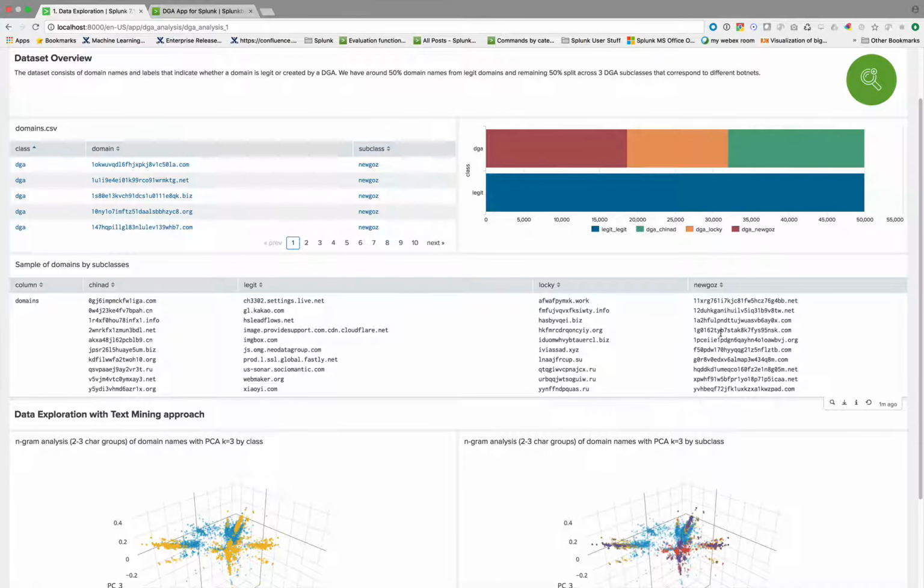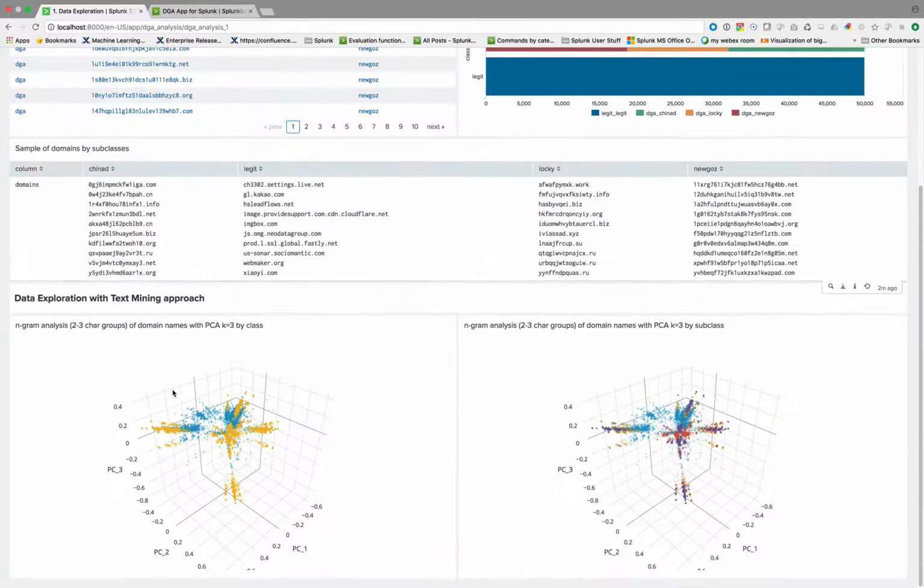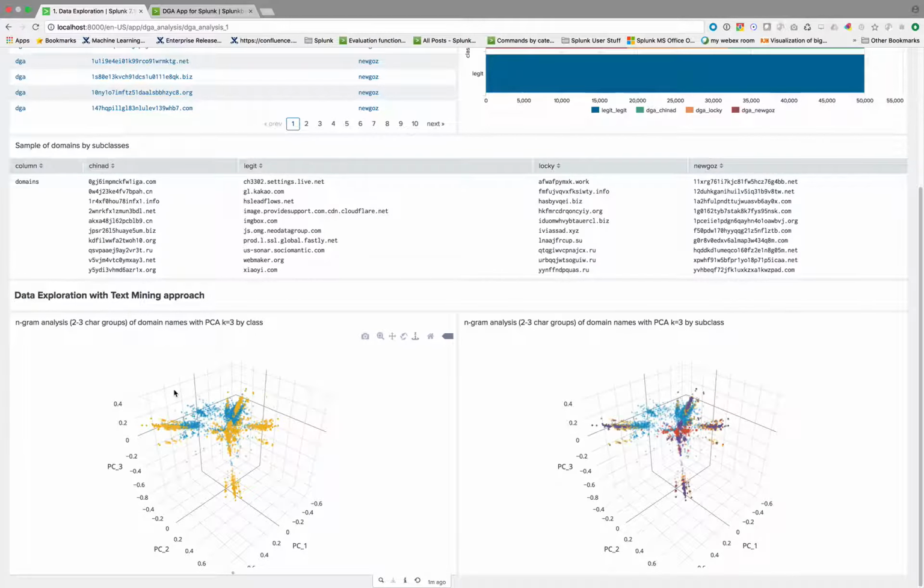We can look at the different pieces of information. This is all a visual inspection to give us the idea of what data we're looking at. Let's see if we can explore that. But let's use a few pieces from the Machine Learning Toolkit to immediately analyze and mine that space so that